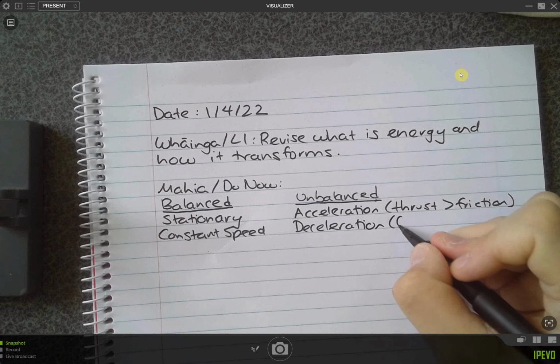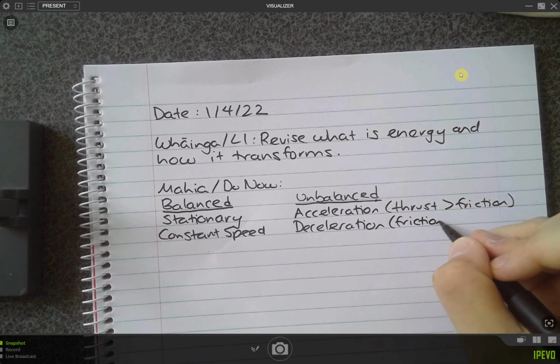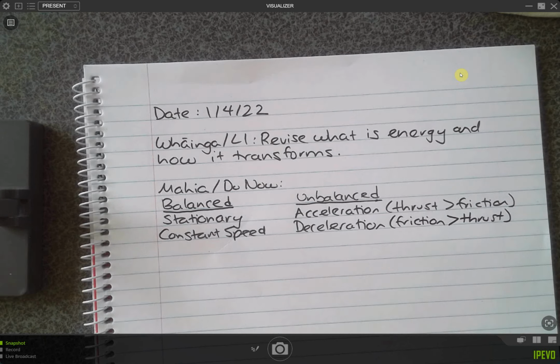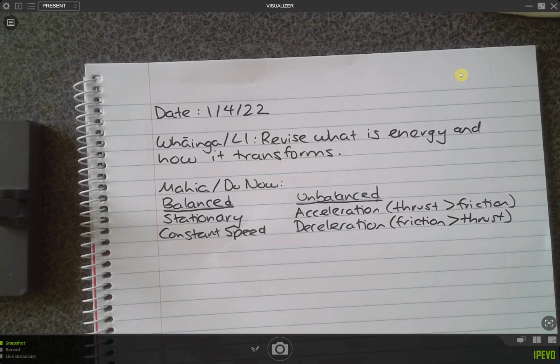Friction and drag. I'm just going to write friction because I don't have enough space. So friction is greater than the thrust. Cool. I'll leave that up for a moment to make sure you guys have that written down. And then we will talk about today's lesson.